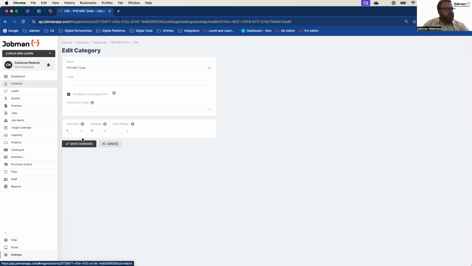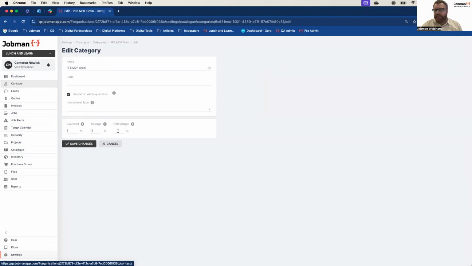But the second thing you can do is modify and change the numbers from the overarching ones. And for reference, if I leave something blank, it simply uses the default. So you can see on my default, I've got 0% overhead and 0% wastage because I want to handle that at a material category level. It doesn't make sense to simply apply 12% wastage to all of my materials. But for grain board particularly, because it can only be cut one way to keep the pattern or the grain in line, I have quite a high wastage amount. So I set this here.